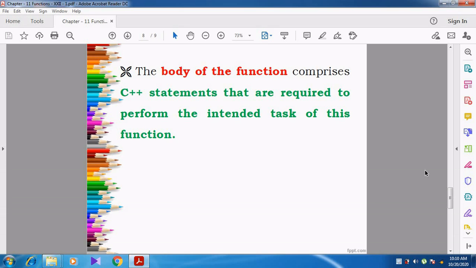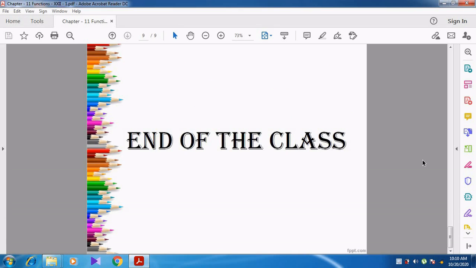Can you understand, students? User defined functions are the functions defined by the user, and a user defined function performs a specific task. Whatever task you need, we can give within that function. We have discussed the syntax for the user defined function: return type or data type of the function, function name, then the parameter list, and then within the curly braces, the body of the function.